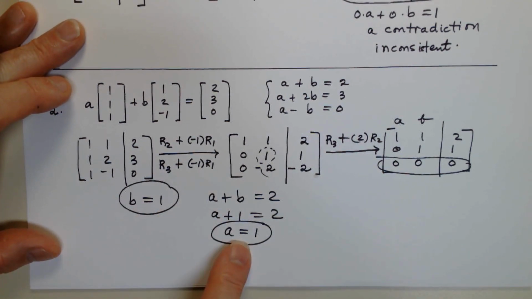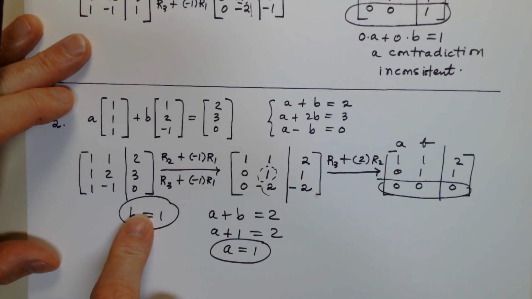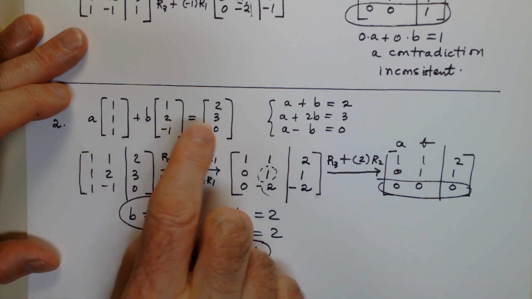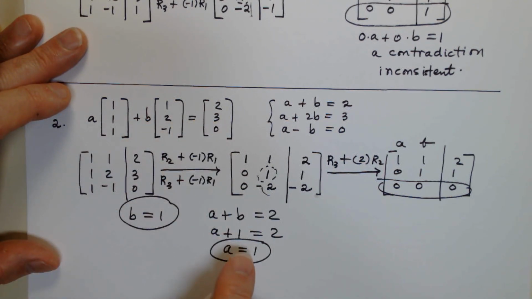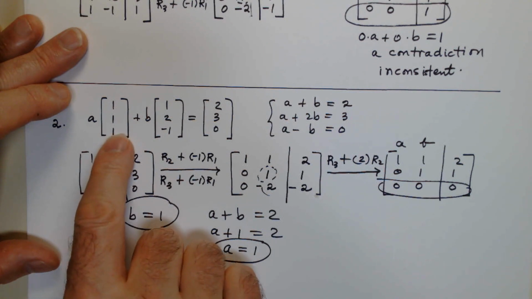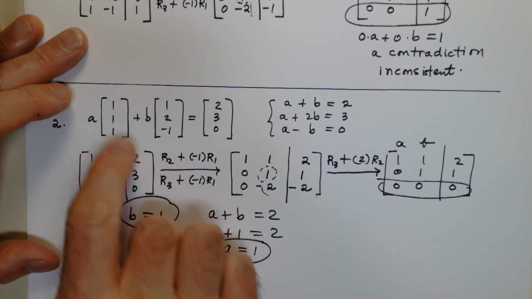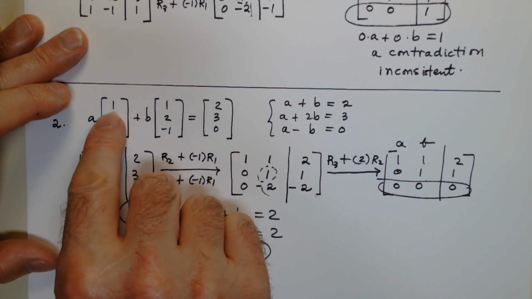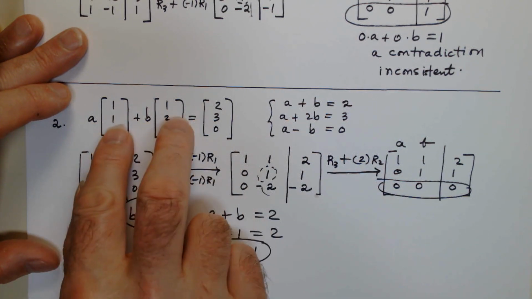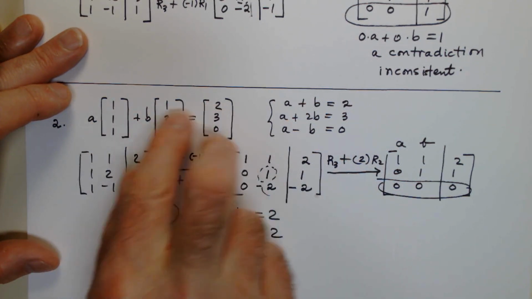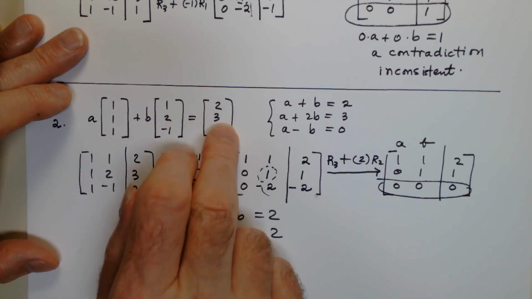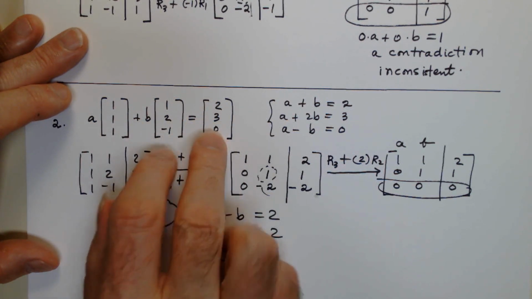It says if I set A equal to 1 and B equal to 1, then I can combine these two vectors to give this one. It says I should take 1 of this vector and 1 of this vector and combine them to get this third vector. Now that should be easy to check. If I take A equal to 1 and B equal to 1, I'm going to add 1 plus 1 to get 2, 1 plus 2 to get 3, and 1 minus 1 to get 0,